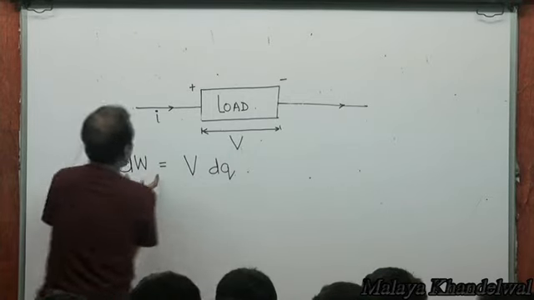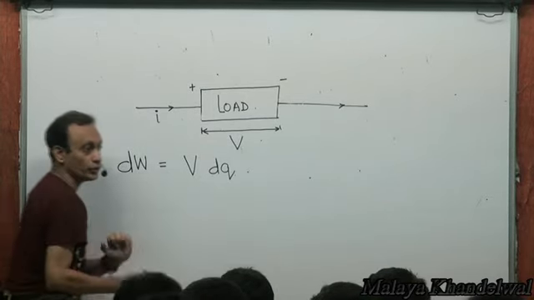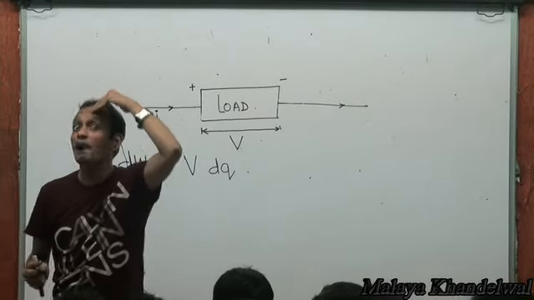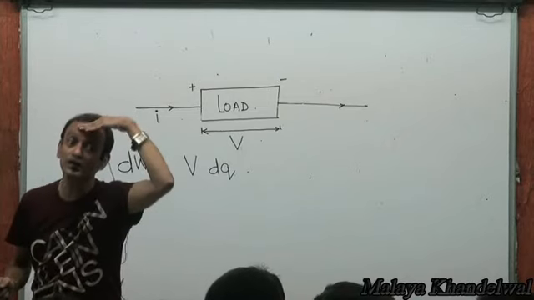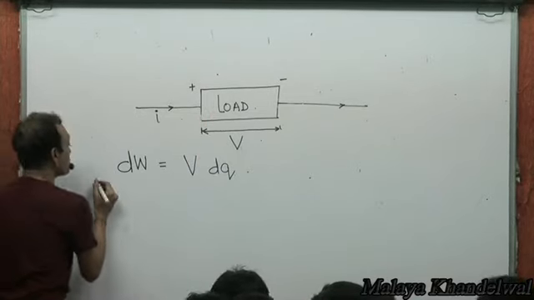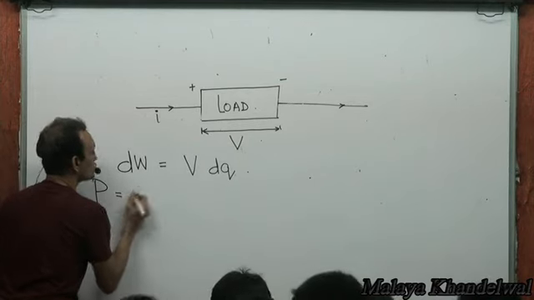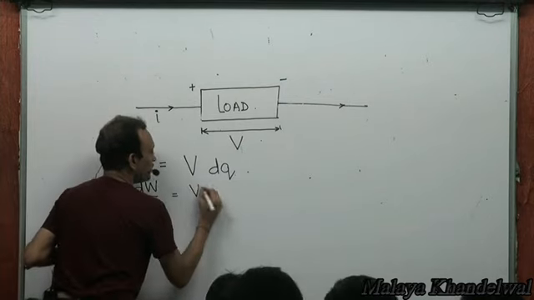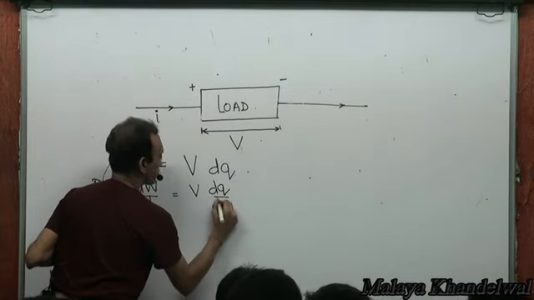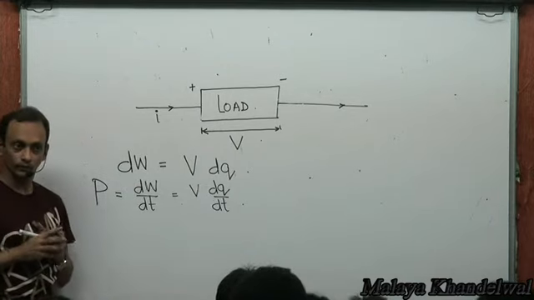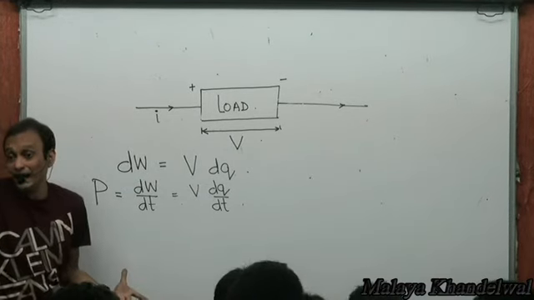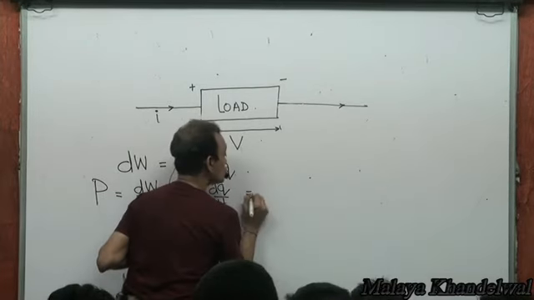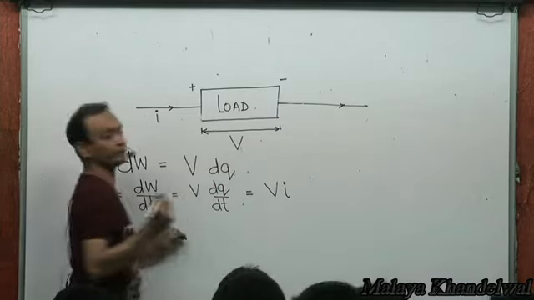And let's say the rate at which energy is available to the load is dW/dt. That will give me the power consumed by the load. The power P consumed by the load is going to be dW/dt, which is V dQ/dt. These many watts will be available across the load, but dQ/dt is I, the current I. So this is going to be VI,